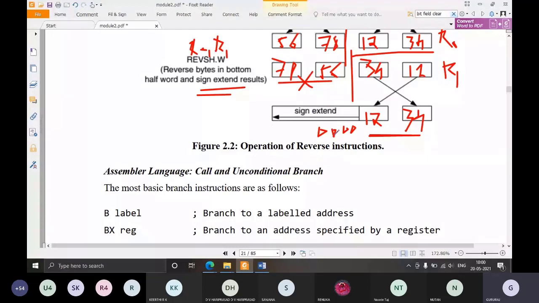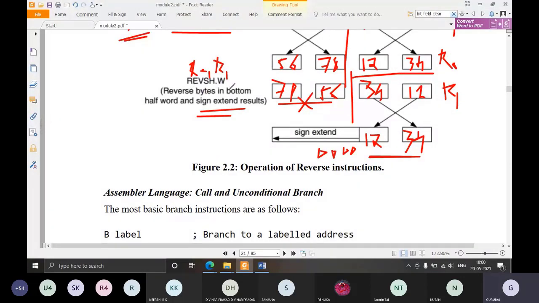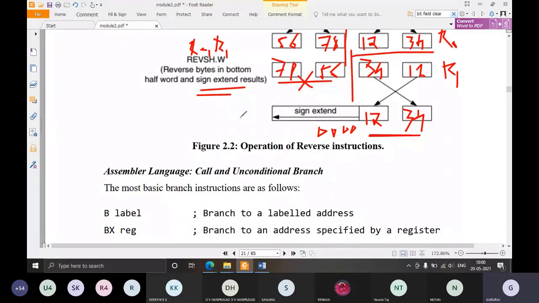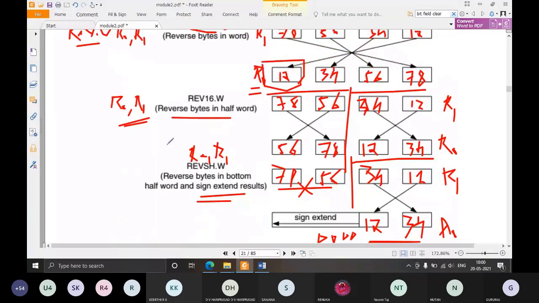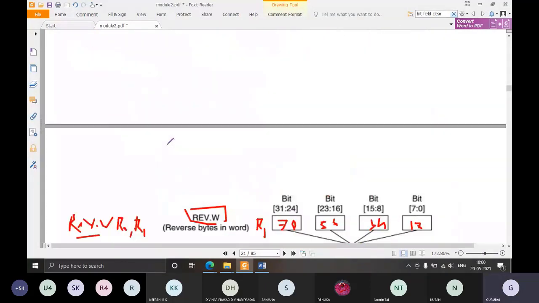After completion of this instruction, REVSH.W R0, R1, the contents of R0 will be equal to 0, 0, 0, 0 followed by 1, 2, 3, 4. That is what REVSH will do. Fine. So next bit